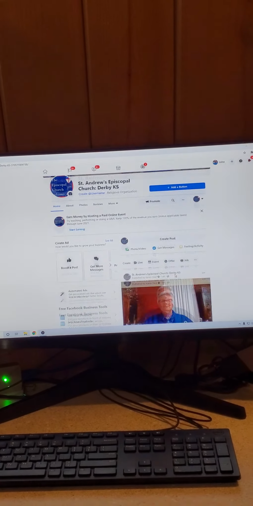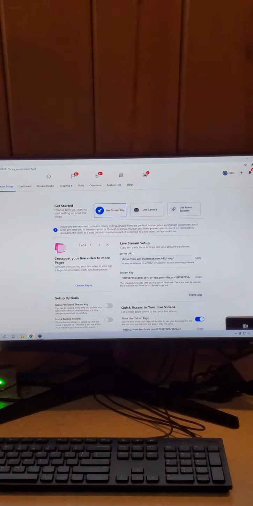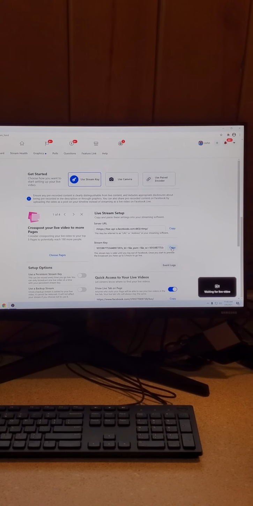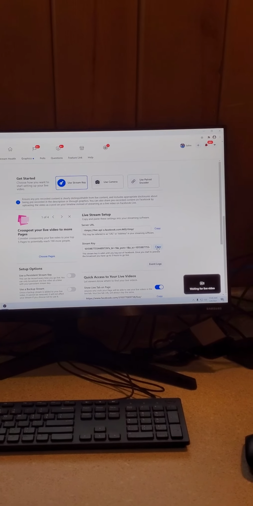So the kicker is inside of live, making sure you get that stream key. So this stream key here. A lot of churches. Is that a permanent